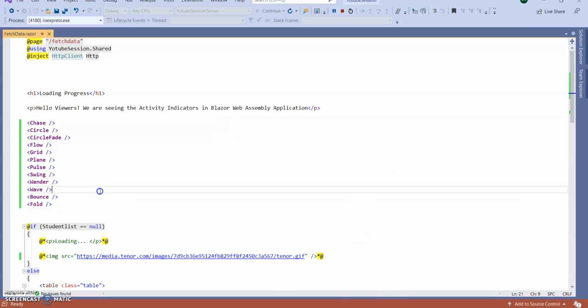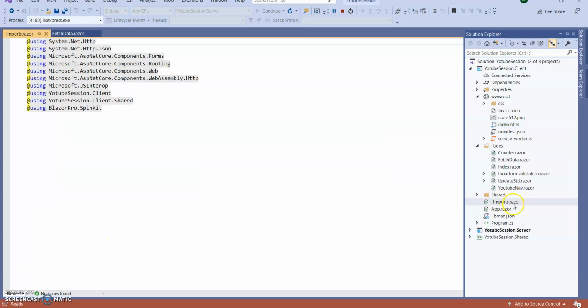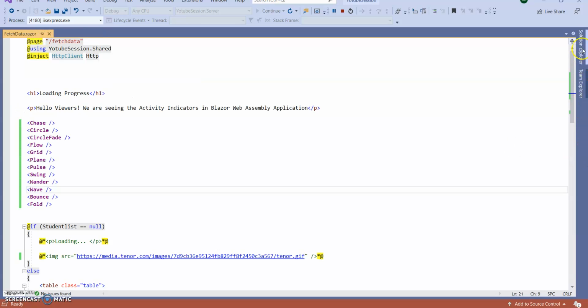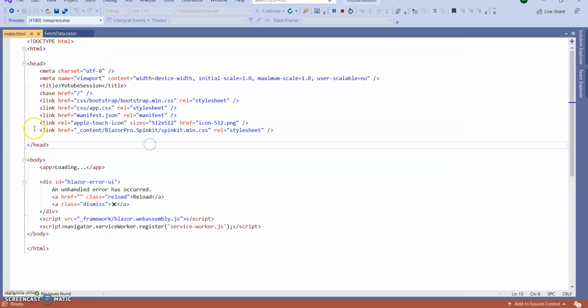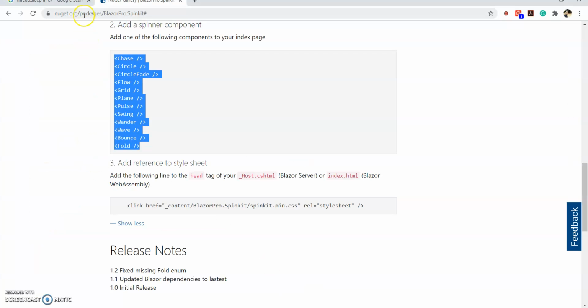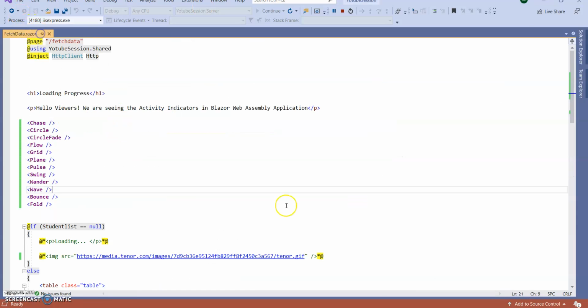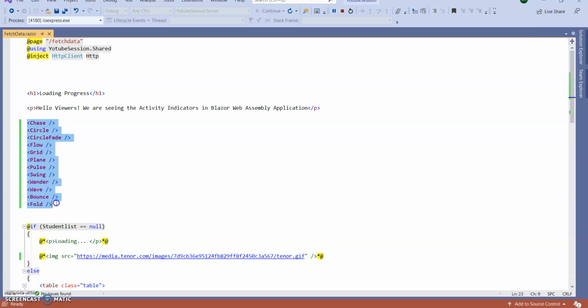Next I added this using statement inside my _Imports.razor, using BlazorPro.Spinkit. Next I added one CSS link inside my index.html, this one. You can find this complete source code inside this NuGet package. Next I'm running the application to see what comes up and which one we are going to use, a good looking one.